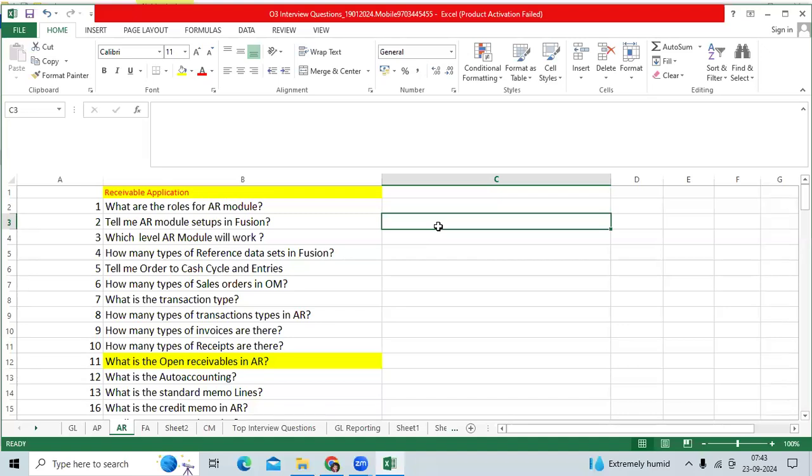Then transaction types, transaction source, and reference data sets, payment terms, and profile class. Customers, create customers. That is not required. Actually, that is one of the setups. Customers, we don't say as a setup. Customer we will say as data migration. Next,